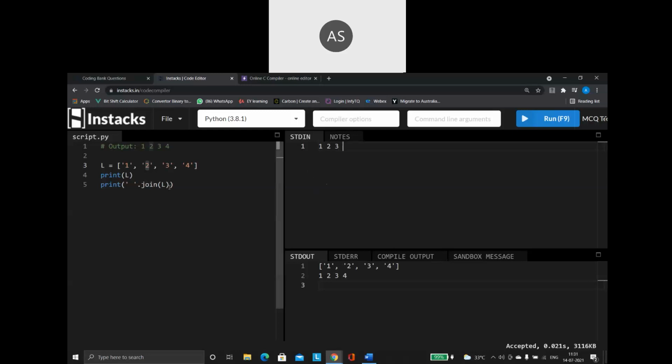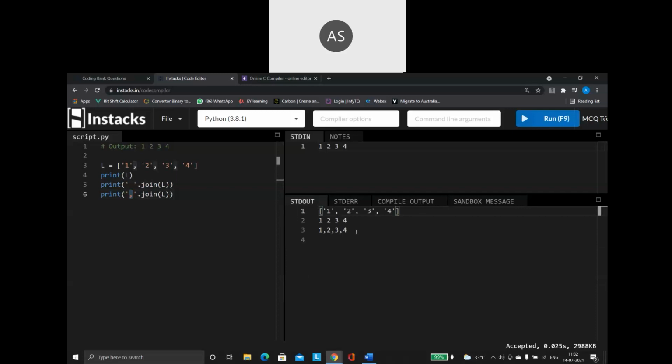Then take the next value. So the next value is 4. Like that, it will automatically go from the beginning of the list to the end of the list, one by one. You can use anything as a separator. For example, I want to print the output like this: 1, 2, 3. Then what I will do? Within single quotes, I will give the comma as a separator. Now when you run this, see how my output is going to come: 1, 2, 3, 4.